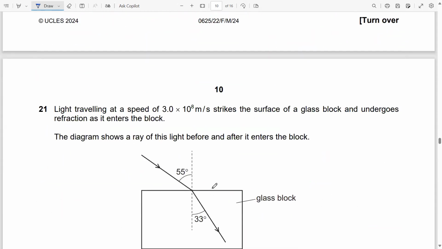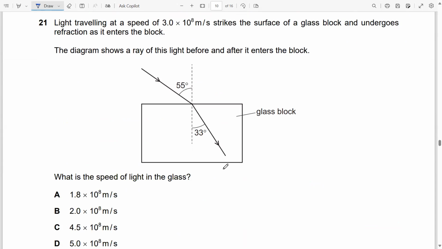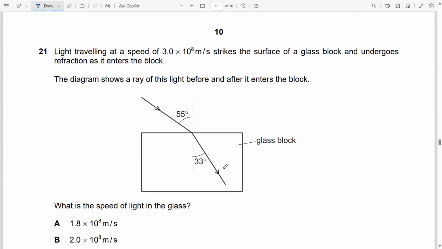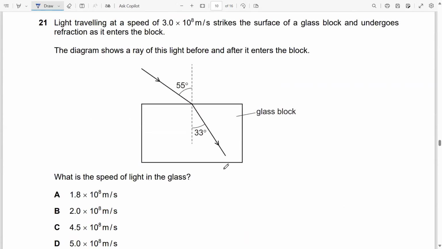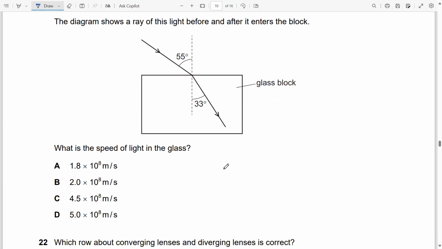Question 21. Light traveling at speed of 3 into 10 raised to power 8 meter per second strikes the surface of a glass block and undergoes refraction as it enters the block. Diagram shows ray of the light before and after it enters the block. What is the speed of light in the glass? Here again we can use the formula n is equal to sine i by sine r, and another formula n is equal to c by v, where c is speed of light in vacuum and v is speed of light in medium. So we can use c by v is equal to sine i by sine r,